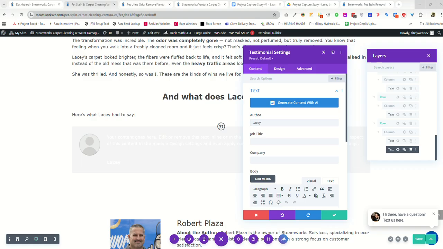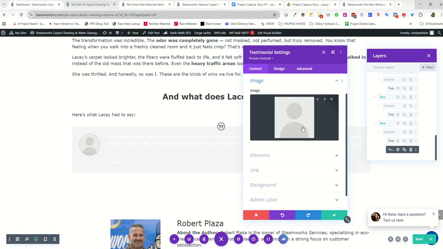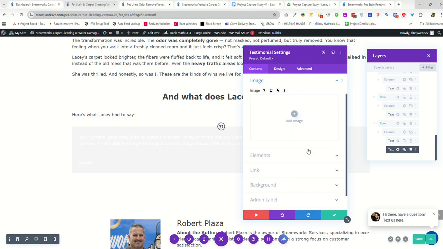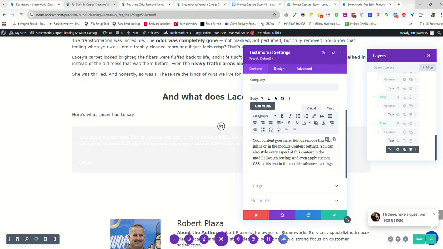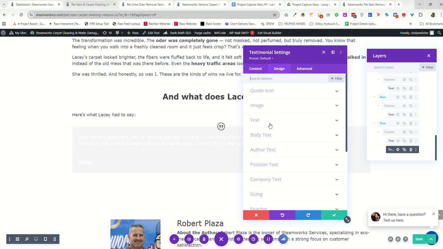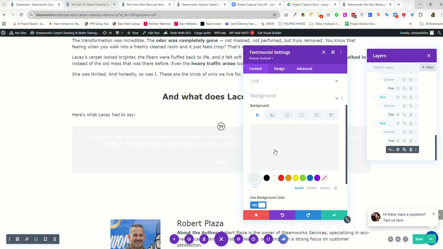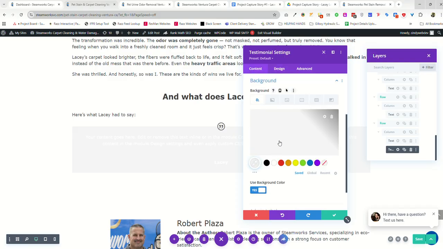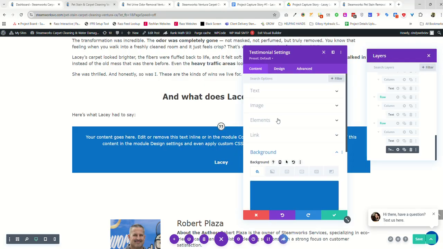and here on this part, hold on. For the image, we're just gonna remove this one because we don't need an image. And here, for text, we're just gonna make it center like that. And for the background, we're gonna put it as blue like that. Yeah, that looks good. And let's go back to the text